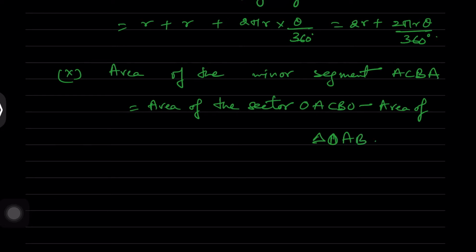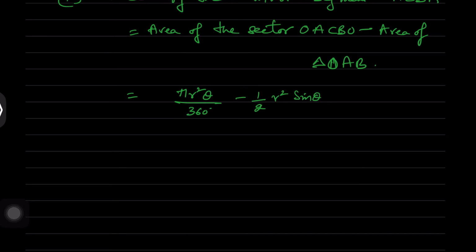So now we have to find the area of the sector plus the area of triangle OAB, then we subtract them to get the area of the minor segment. So what are those? The area of the sector is pi r square theta divided by 360, minus half r square sine theta. Here the area of the triangle is half into r square into sine theta. Using trigonometric ratios you can find the area of triangle